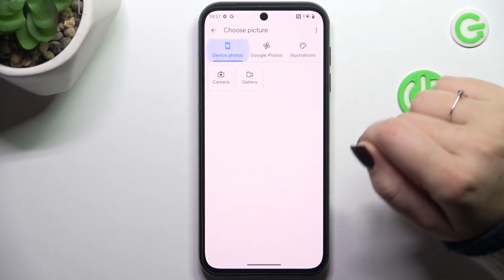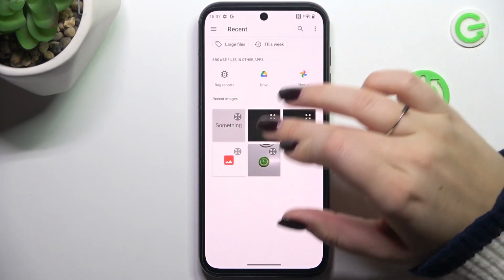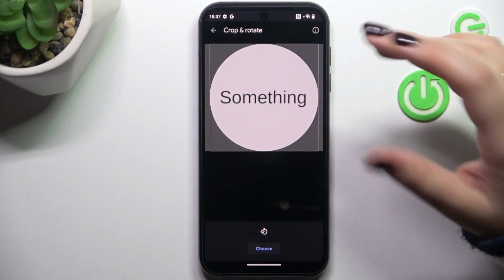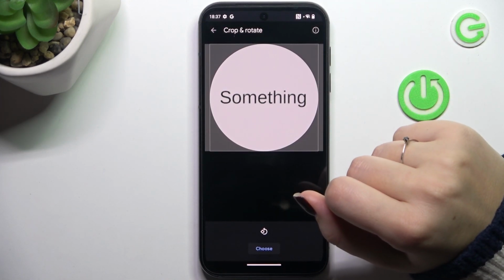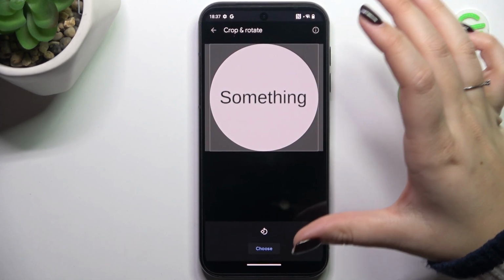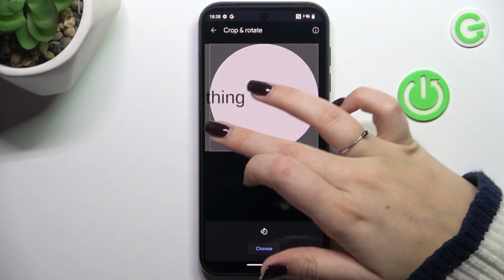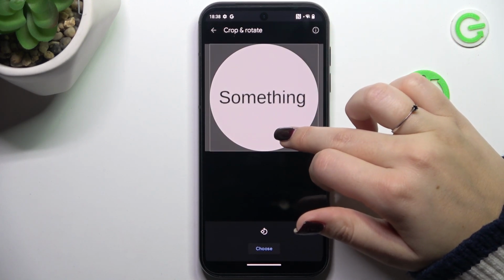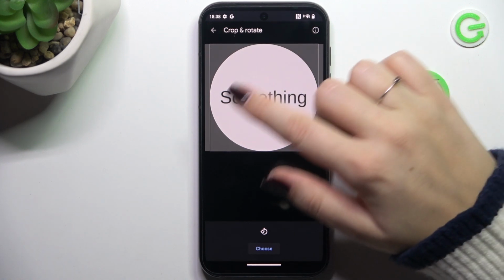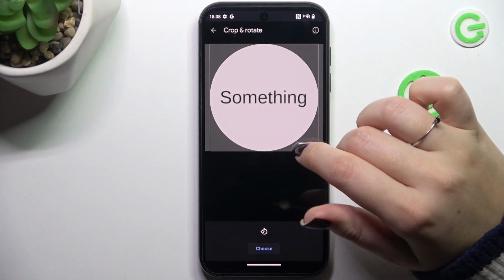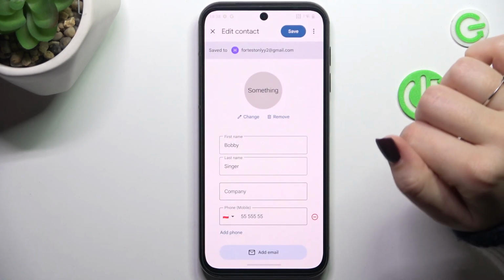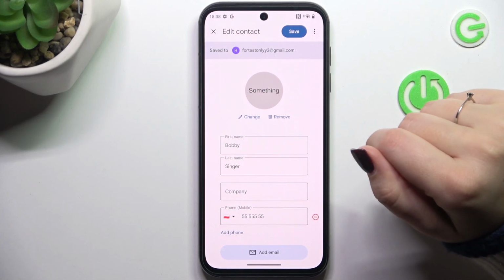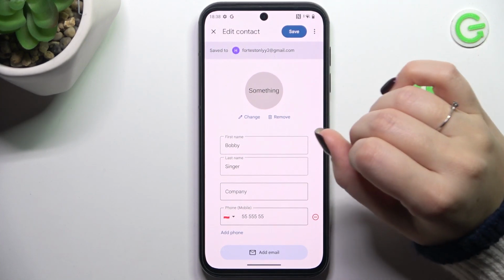like to customize. I'll choose something from the gallery, so let me just tap on it, and after tapping on the specific photo, we will be transferred to this section. Here you can change the position of the photo, you can zoom it in or out, and thanks to this you can decide what you will see after saving the whole contact, because basically this highlighted circle is responsible for it. So simply tap on choose, and this is how our contact could look like